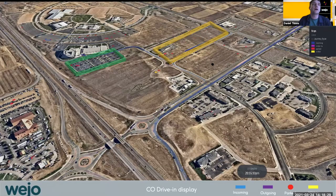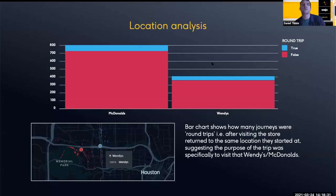And what can we do with that? Well, we can draw insights. This is very simple footfall location analysis here, just looking at two restaurants, a McDonald's and a Wendy's. And we can see here the McDonald's has got much higher footfall, much higher visits there. But what we've been able to do using the context and of the big data source is not just did